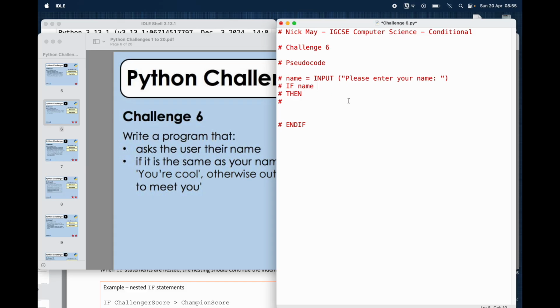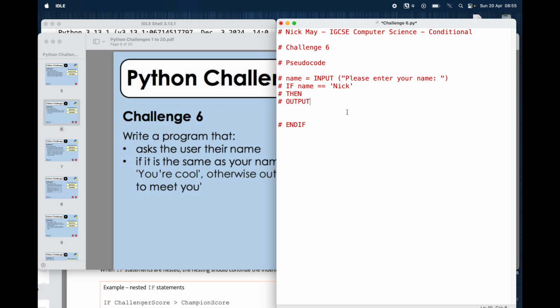Okay, now we can get into this. If the name is exactly equal to, so if you do two equal signs here, the two equal signs means you're making a comparison between this here, which is the variable, and whatever it is you want to compare to. One equal sign means that you're allocating this information into the variable. Two equal signs means you're making a comparison between the two, right? So if the name exactly equals, and I'll use my name, so we'll do Nick, then something's going to happen. If the name is exactly equal to Nick, then we're going to output